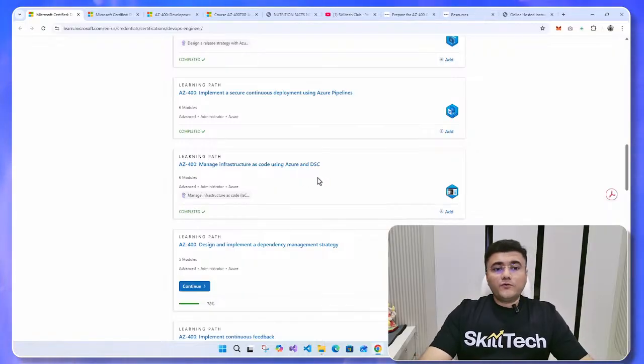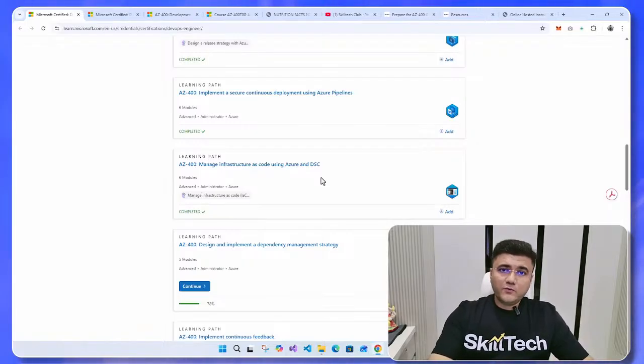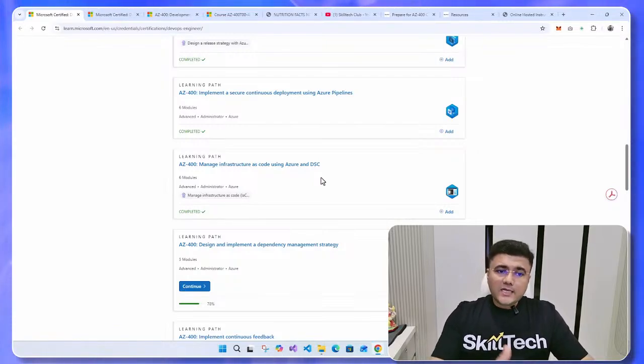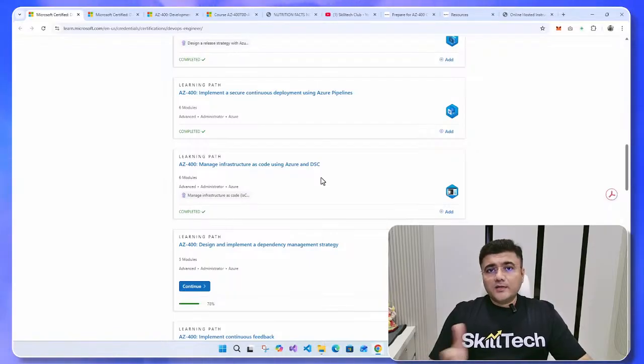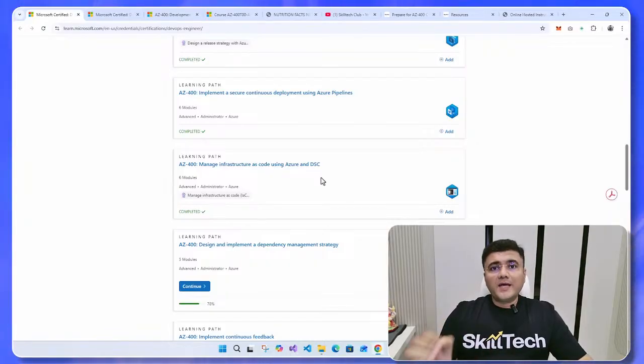But after that, we are going to focus on DSC, desired state configuration, which focuses on the idea that once your infrastructure is deployed, it should not deviate from that configuration state. Sometimes, through manual processes or human-specific configurations, the configuration of your infrastructure and service resources gets changed, which is not a good thing. DSC focuses on that. Desired state configuration helps you maintain the state of your resource configuration so that it does not deviate over a period of time. And that's what you're going to focus on in this module.